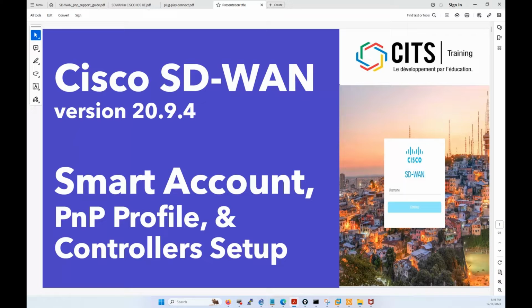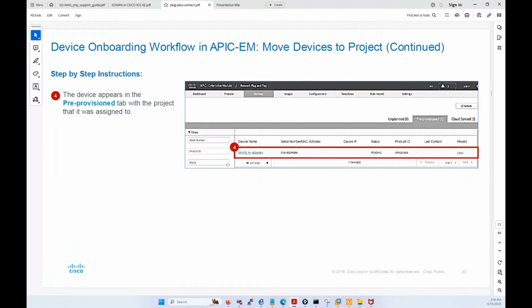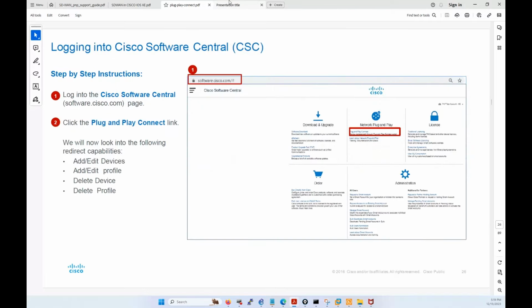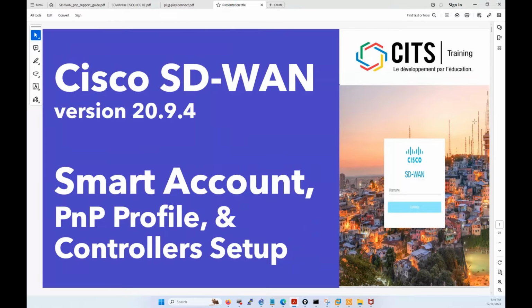with a summary of the steps that you need to take in order to create a smart account, create a PNP profile, and set up your controllers. There are a lot of resources when it comes to setting up the smart account. I found this PDF file on Google. You can search, you're going to find detailed steps. But I just wanted to make sure that we can give an idea of what you need to do from